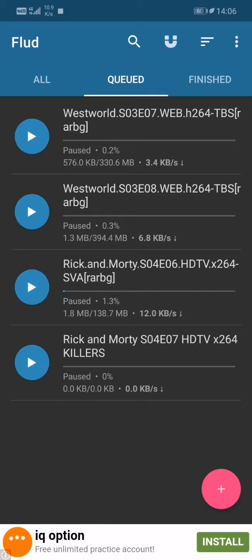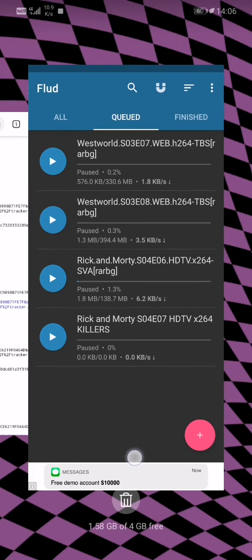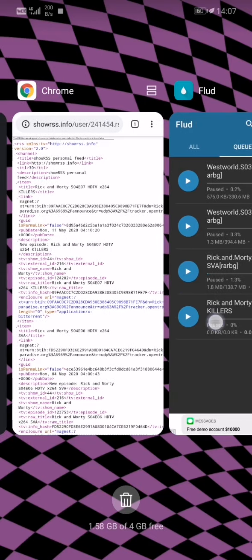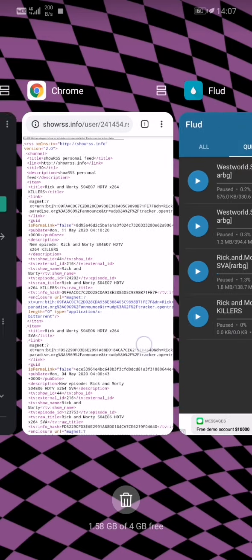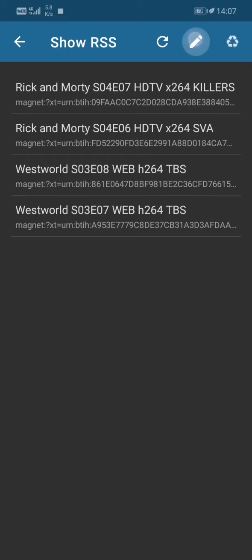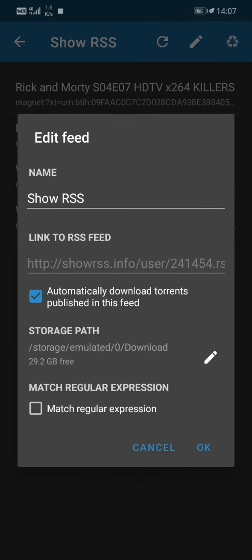And some points to note: you can use this on a PC too, if you have a browser, if you have a client that supports magnet links. And you can share your feed link to your friend also, like if you both watch